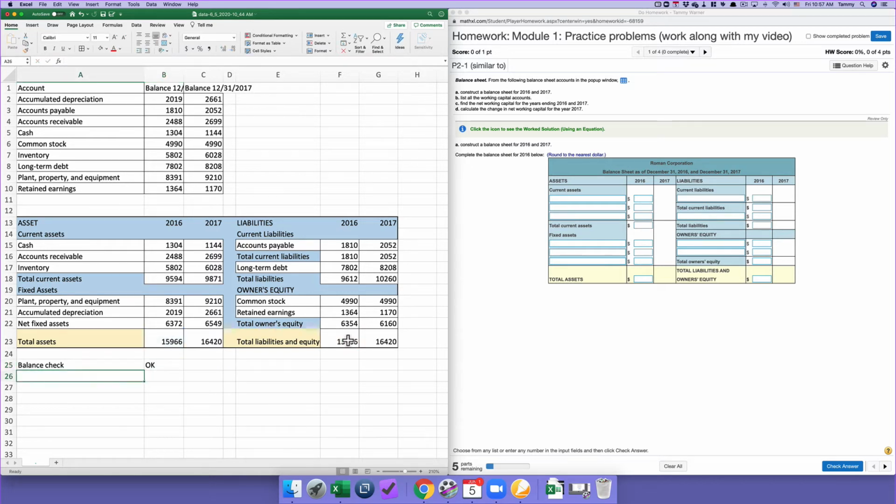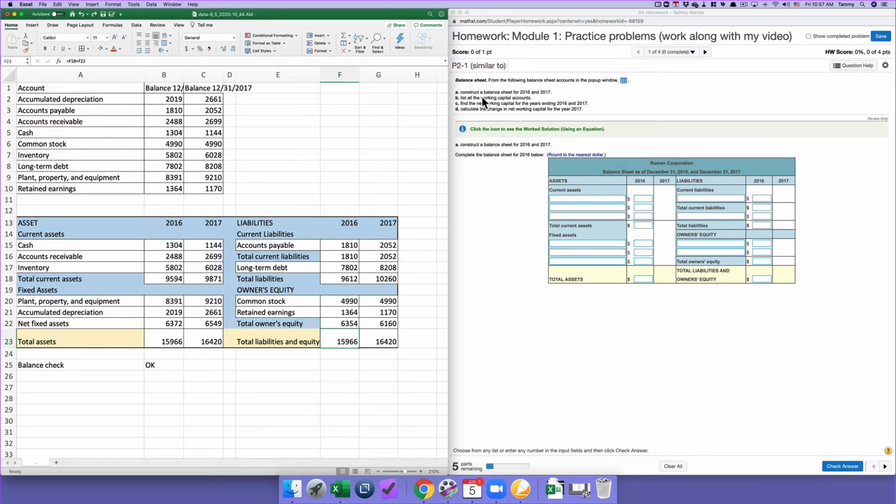Okay, so these we know are okay. If I went and changed this to a different number, 15995, it'll say, you dummy, find the mistake here. So that's kind of a cool thing to do. A neat Excel trick that I like to play. So that is how you create the balance sheet out of these account balances and how you make sure